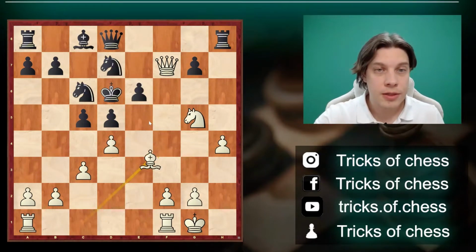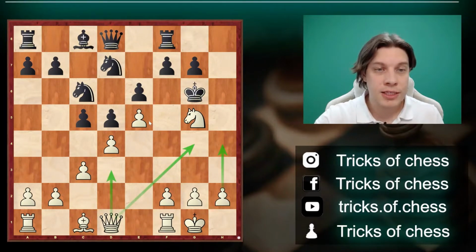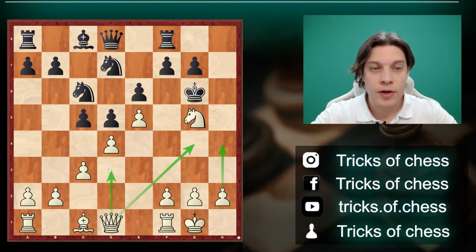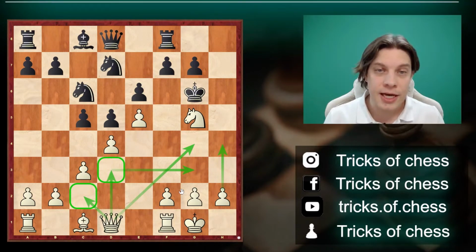However, always remember, when you consider bishop h7 sacrifice, always think if the king escapes to g6 and consider all these three options. Sometimes instead of queen d3 you can play queen to c2. However, queen d3 is usually better because the queen can easily get to the king side and attack the king